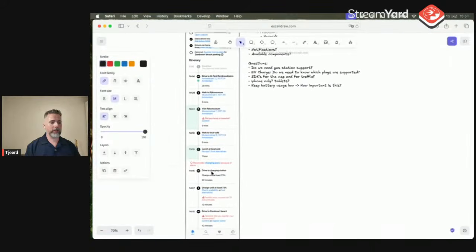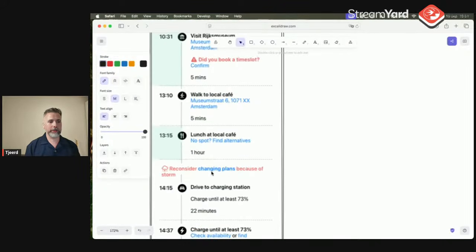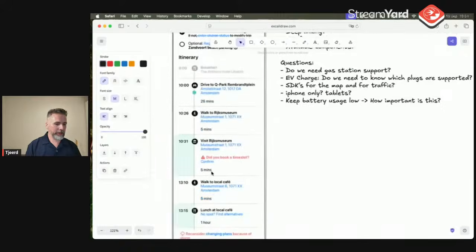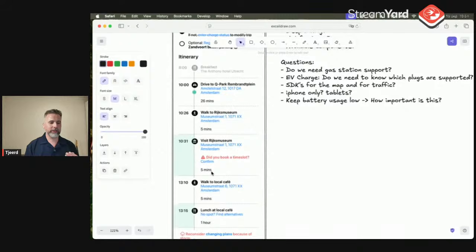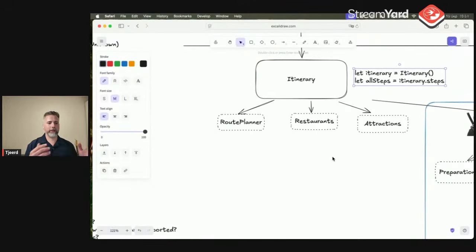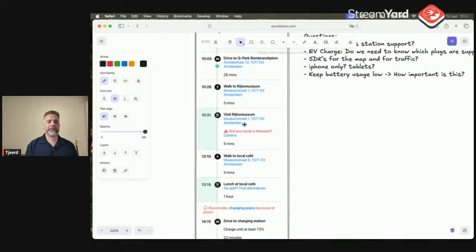And I think that's the tricky part of mobile. Usually most things are lists, right? Mail is a list, the tabs you have open is a list. Things are just lists and cards, but that's the seemingly tricky part, because yes, it's just a list, but it's a very smart list running on a quite complicated application, because figuring all this stuff out with the whole itinerary and the route planner and the restaurant planner and the attractions and the preparations is a full-blown application. But we just see the list, so it's deceptive in that sense.